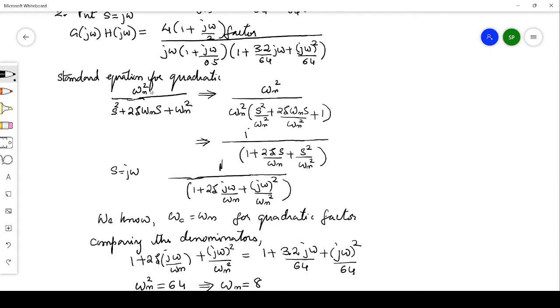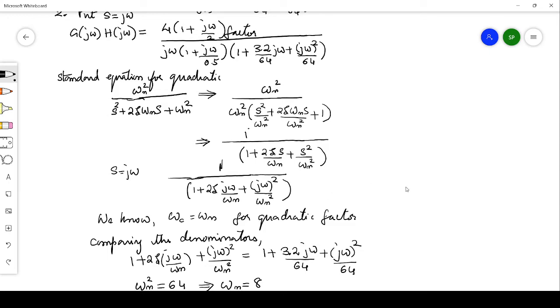So when we are writing this in the time constant form, as I said, when converting into the time constant form, the constant term in the factor should always be 1. Here the constant term is omega n square. So how will we make this omega n square 1? By taking it outside as the common factor. So we take omega n square outside, and you can write it as s square by omega n square plus 2 zeta s by omega n plus 1. So in the denominator, the standard second order factor we can write like this for the time constant form.